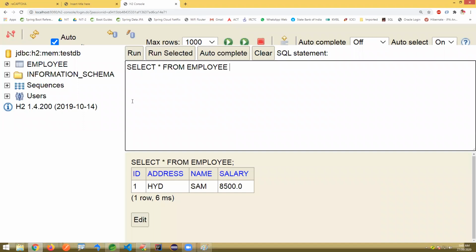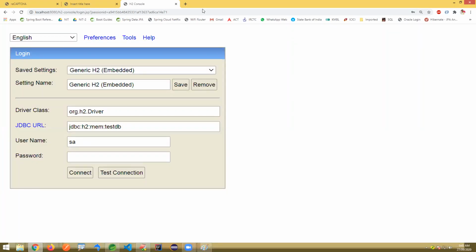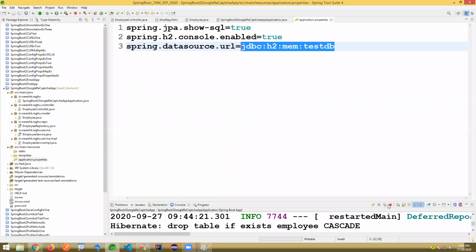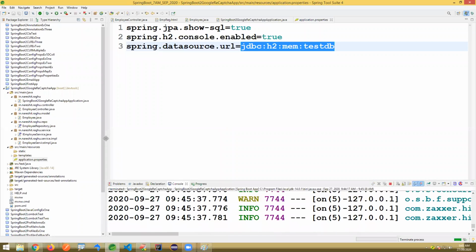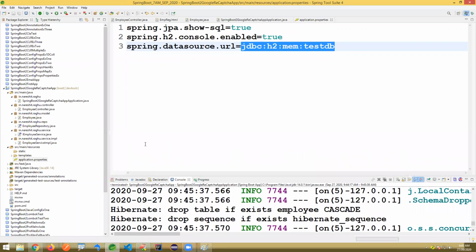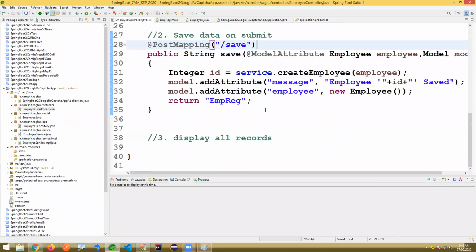It's like a database UI. There is a logout option on top, disconnect. Just close this if you want to test it temporarily here. When you stop the application, again the database will be dropped, because it's an in-memory database. I'm just taking H2 database. If you want, you can change to MySQL and add its data source and JPA properties here. That is also fine. Now next, whatever data is inserted, I just want to display them.